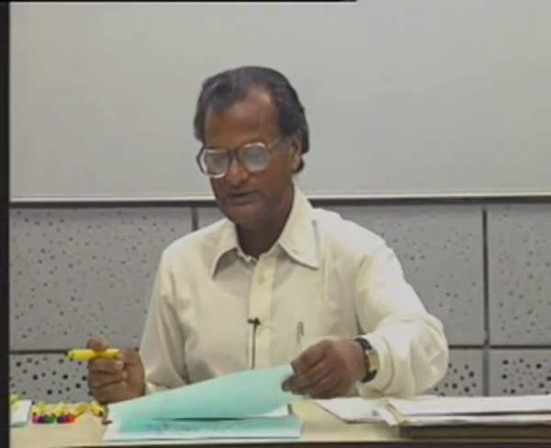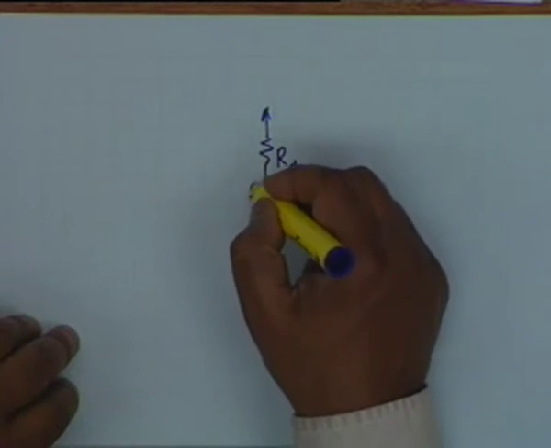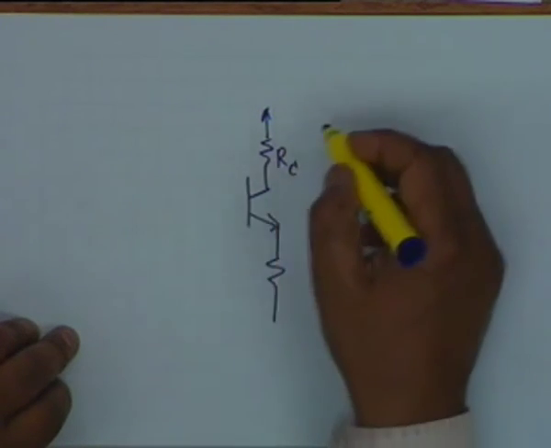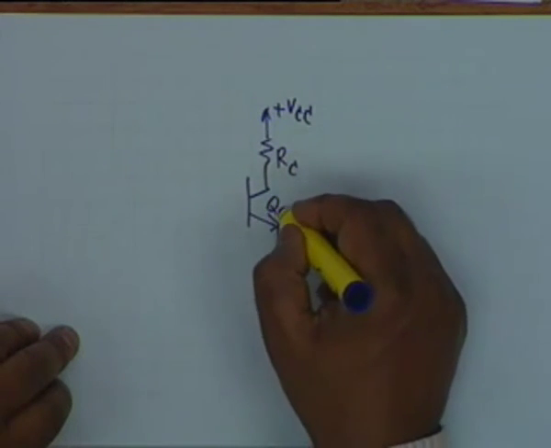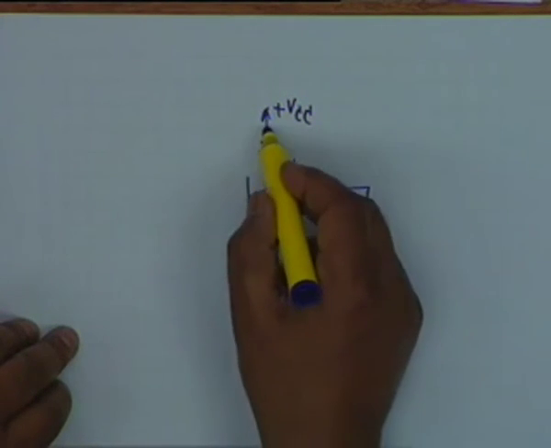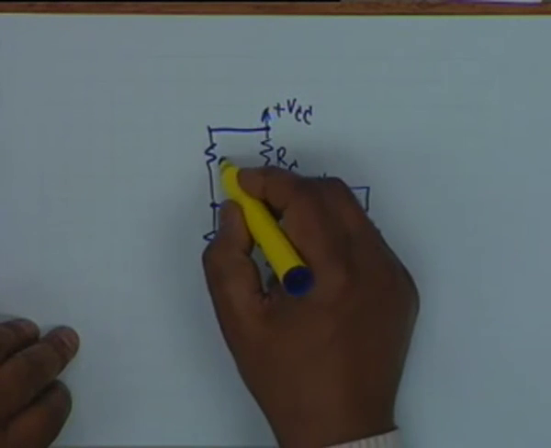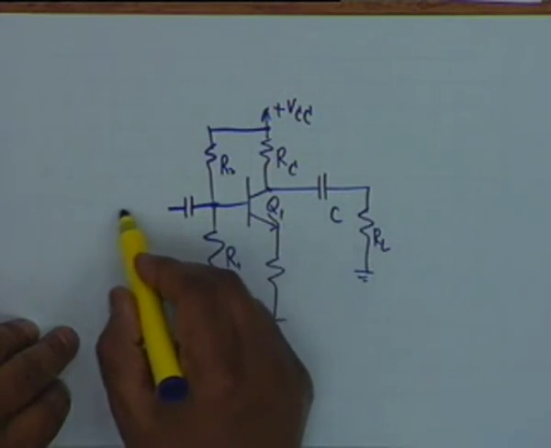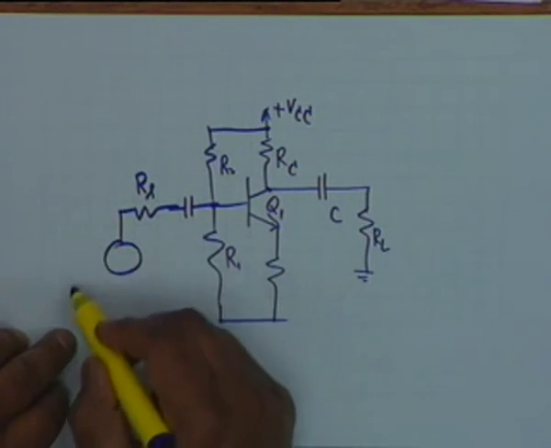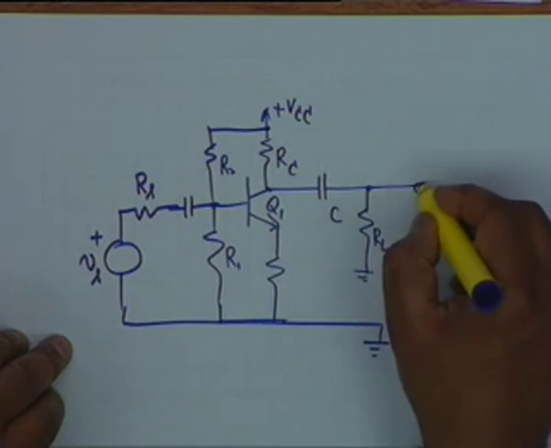A simple small signal amplifier that we shall analyze in great detail next time is the most familiar circuit in which there is one transistor Q1, it is coupled to the load through a capacitor to RL, the base is biased through R1 and R2, this is called the self biasing circuit, and the input is coupled through, let us say, RS and Vs. Our purpose will be to determine the voltage V0 in terms of Vs, and that will determine the gain.